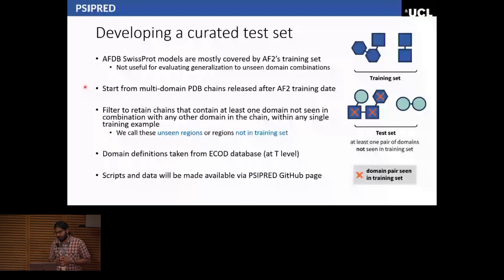And so what we decided was that, well, we're interested in the relative positioning of domains. So why don't we look at pairs of domains? And so we said that in our test set, we will retain chains that contain at least one domain not seen in combination with any of the other domains in that chain within any single training example. And the idea is that if AlphaFold has seen those two domains together in a single chain during training, it's probably going to be able to predict that. And so any such domains that are left,